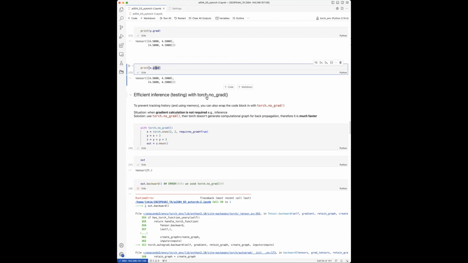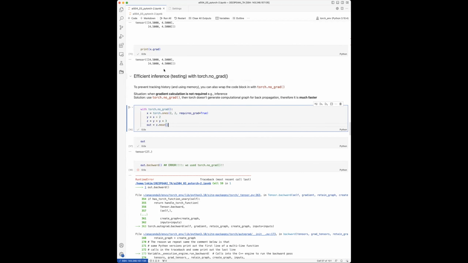Now, we can use torch.no_grad when we're very sure that we won't do any backward pass in a block of code. So when we're performing testing, we're sure that we won't update our model. There won't be any gradient computation. So the block of code that we're performing testing, we can wrap it with torch.no_grad. And this means that all the codes here would not require any gradient computation. So if we run our code wrapped in torch.no_grad,